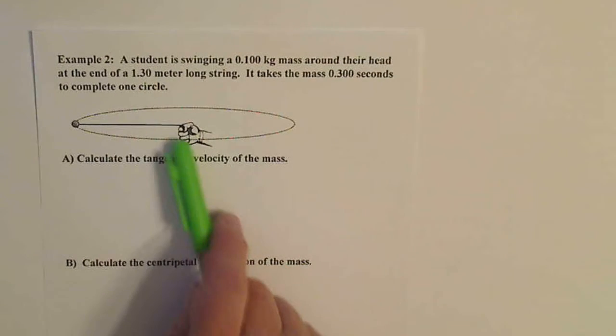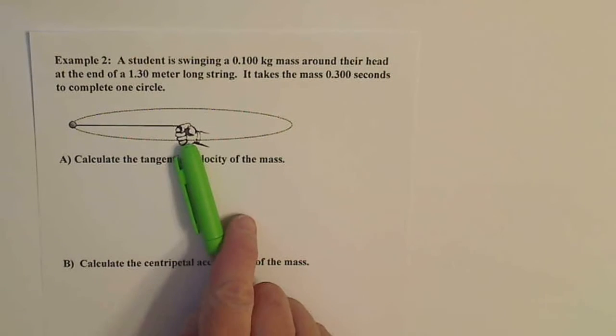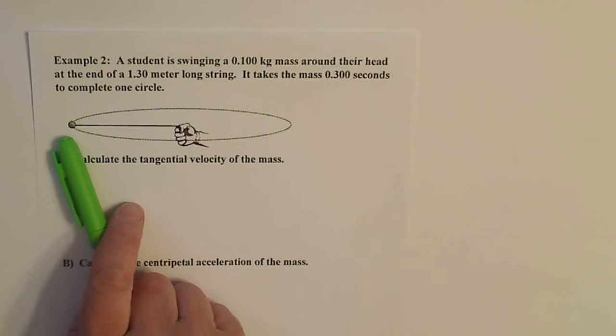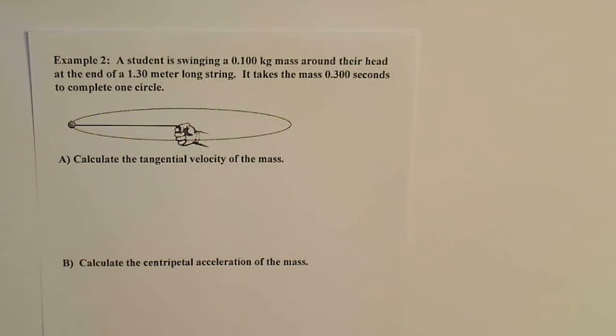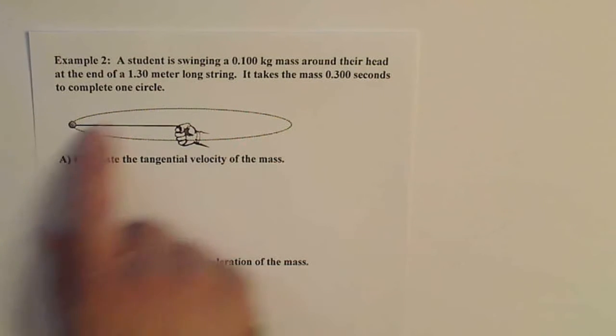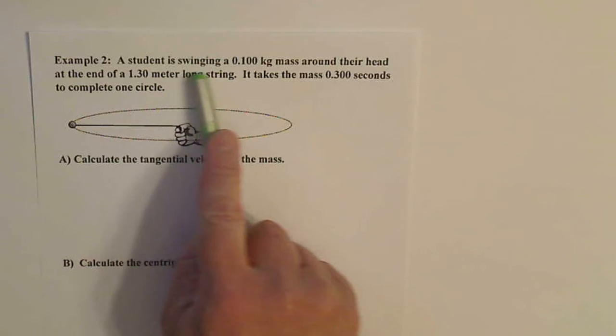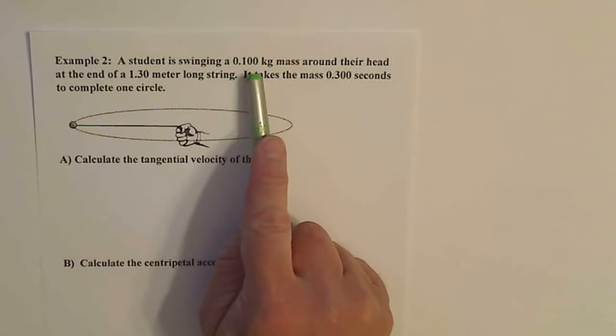What we're going to do is take a piece of string, and you're going to hold on to one end of the string. And on the end of that string, you're going to put some sort of a mass, something preferably that won't come flying off. Now, the student just keeps on swinging this thing around and around in a circle over their head. So, a student is swinging a 0.100 kilogram